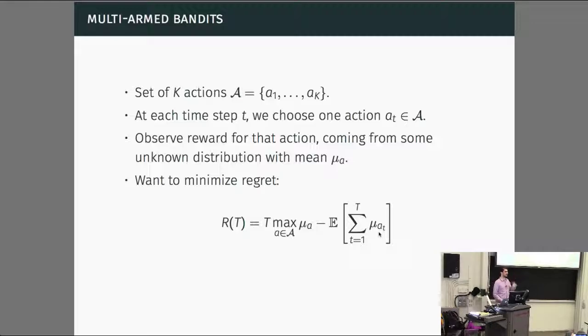account for... No, assuming the distributions are independent. Yes. Distributions of the k arms? Yes, they're independent. But the thing is, the action that we take presumably depends on previous actions, right? So our policy is changing. We could take some fixed action at every time step, but that's a pretty bad thing because we have no idea if the actions are good or bad, right? So that's why we take the expectation over the whole sum.